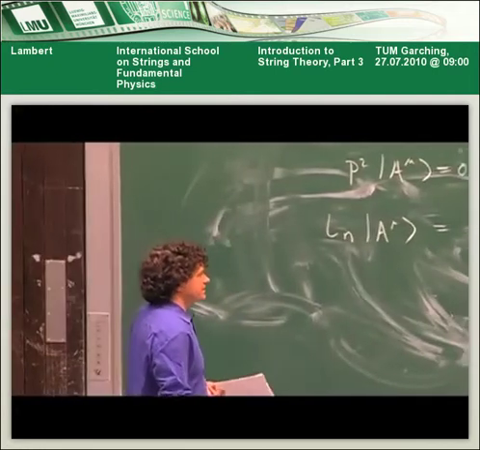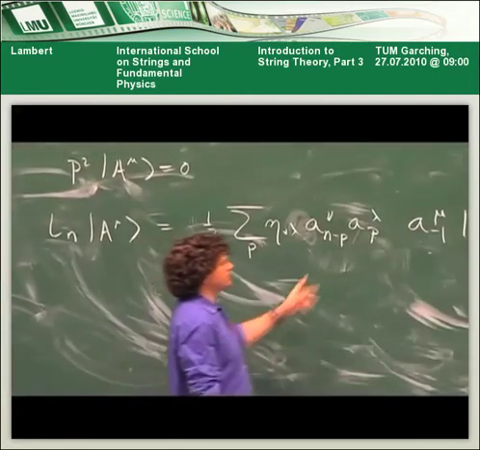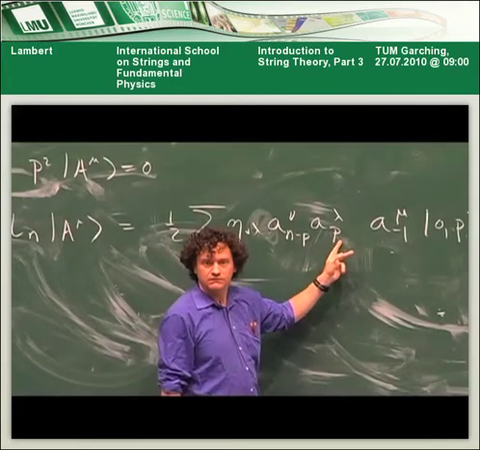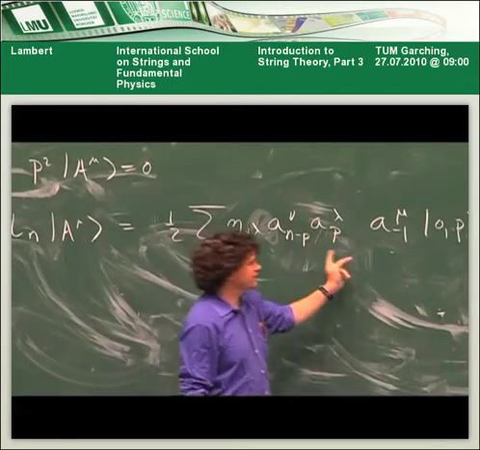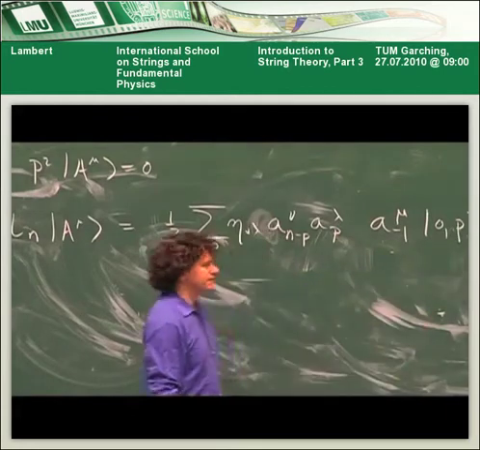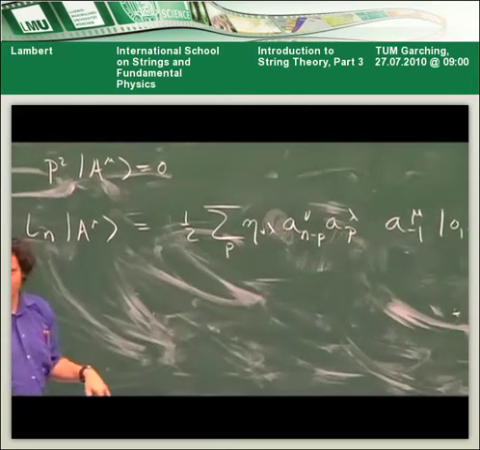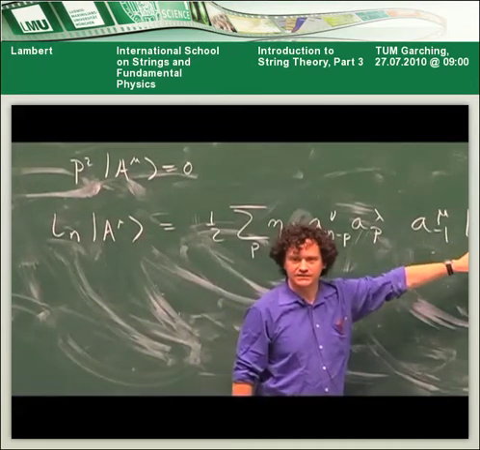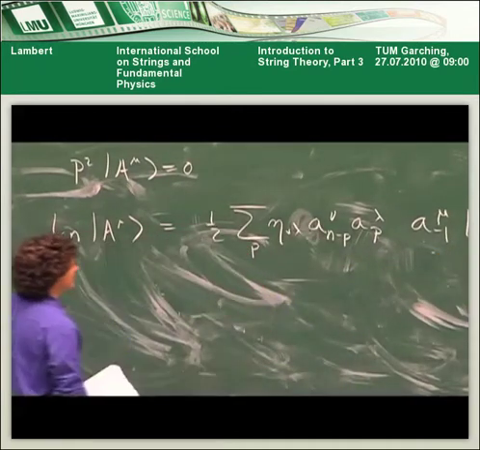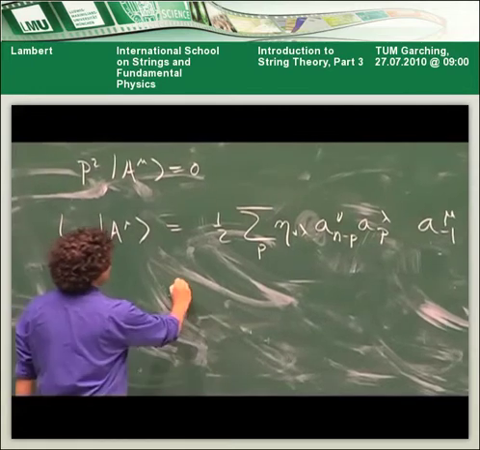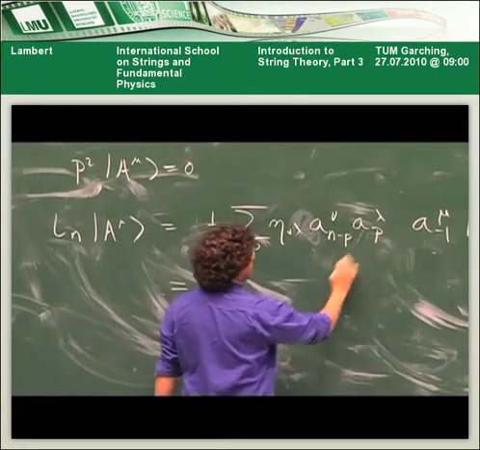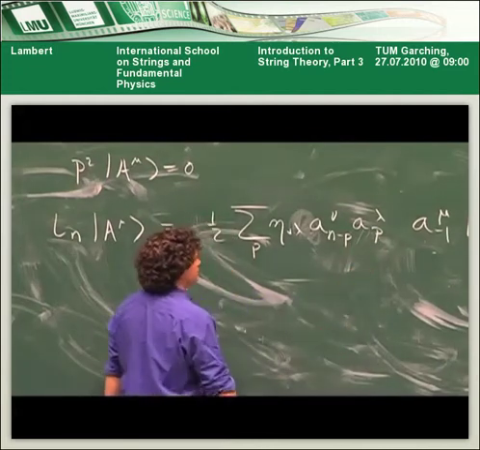Well, it's not hard to see that the only thing that can contribute here is p equals 1, because if p is bigger than 1, this goes through and annihilates. Now you might worry, what if p is less than 1? Well, then this one will come through and annihilate. I won't do it now because I always get confused. So what you're left with is p equals 1, and n minus p equals 1. So at the end of the day,